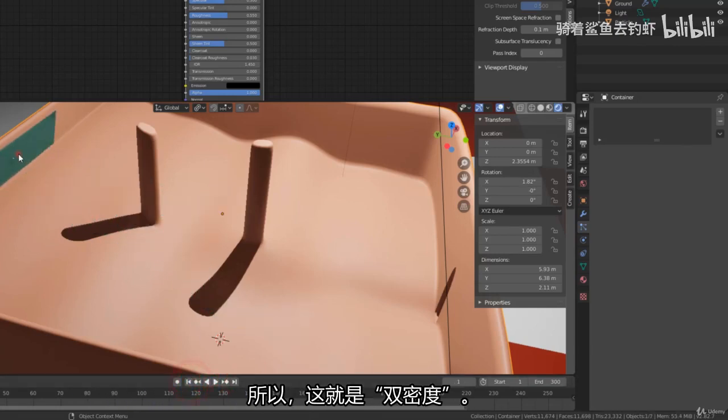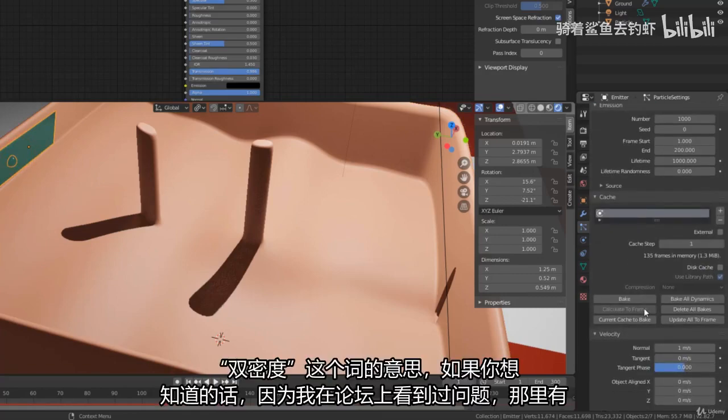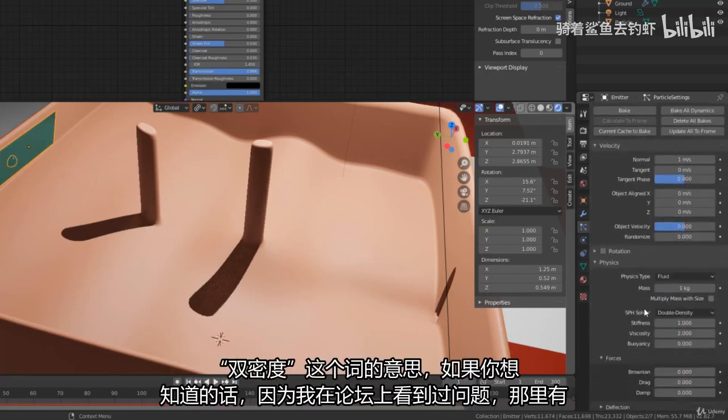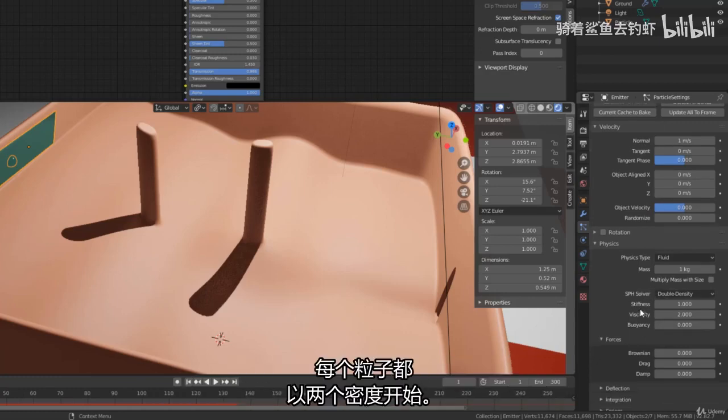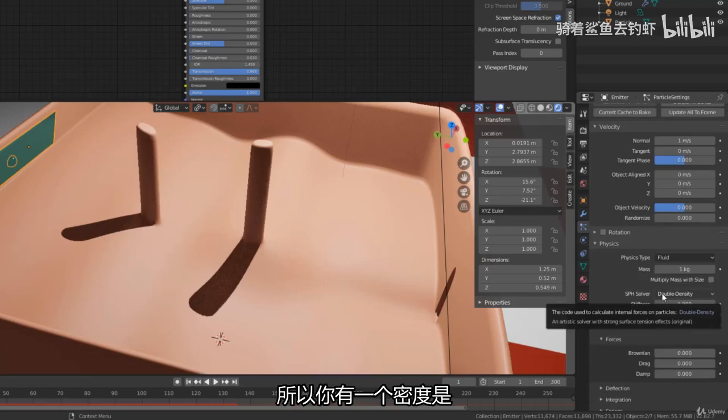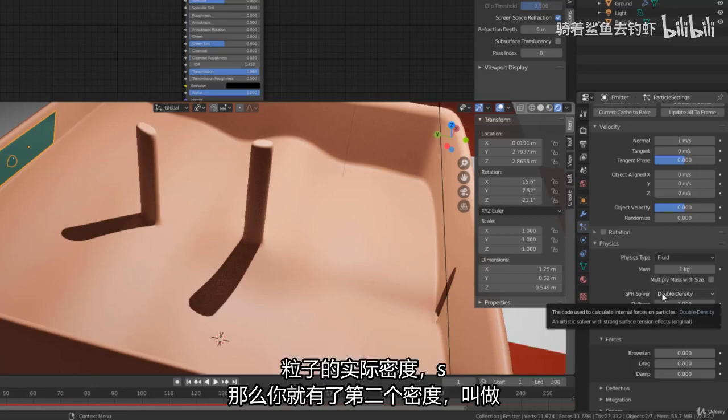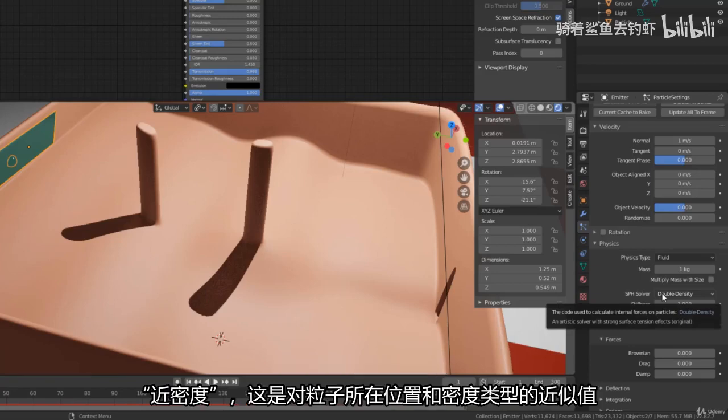So that is double density. The meaning of the phrase double density, if you want to know, because I've seen questions on forums and no documentation about it in Blender, is that every particle starts with two densities. You have one density that is the actual density on the particle, and then you have a second density called near density, which is like an